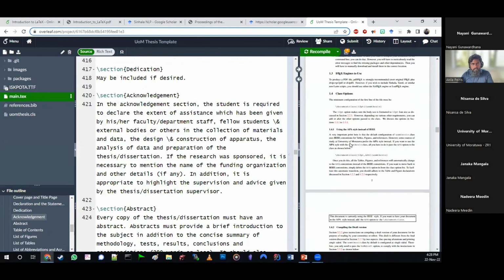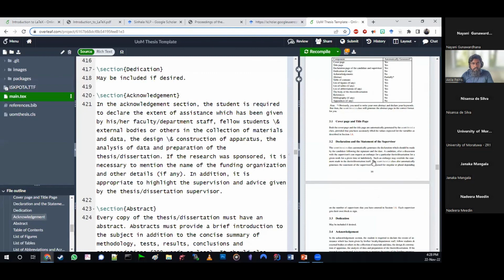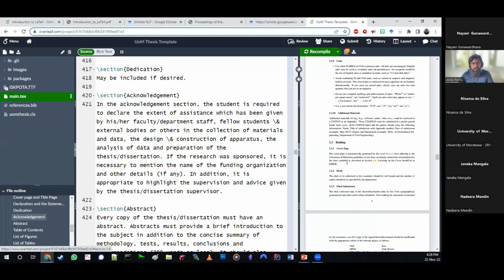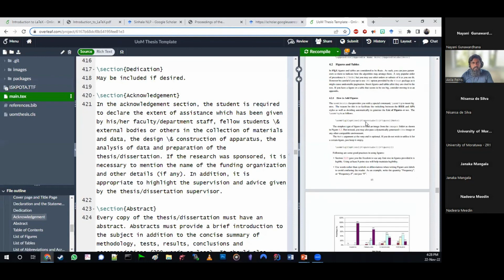This document also gives you instructions on how to adhere to various conventions, some tips on how to use LaTeX itself, how to use headings, the things that I discussed today, how to add figures. So this document itself teaches you how to use LaTeX.